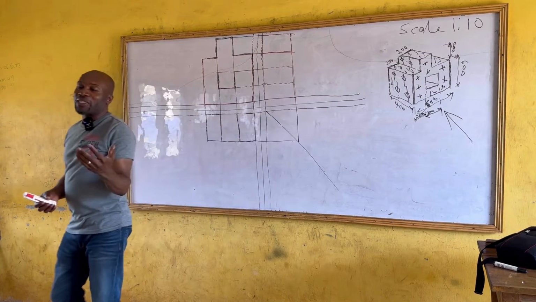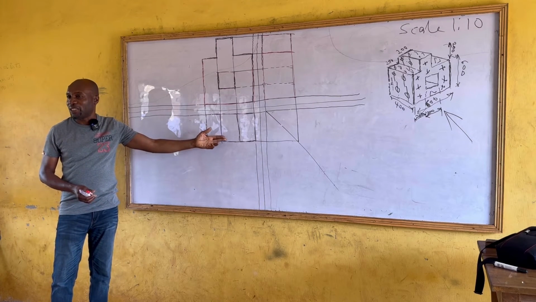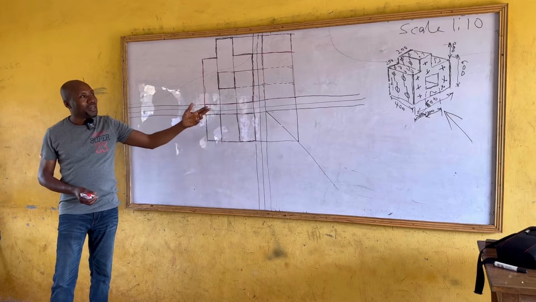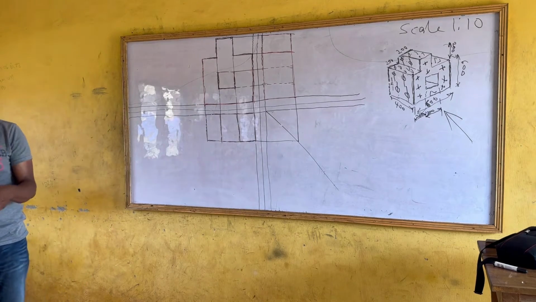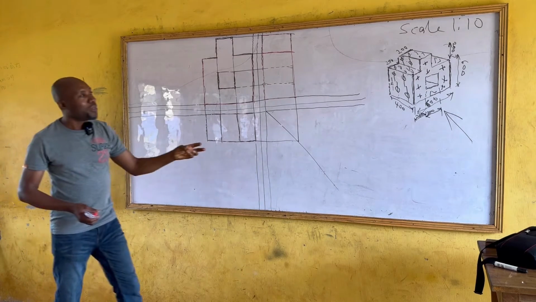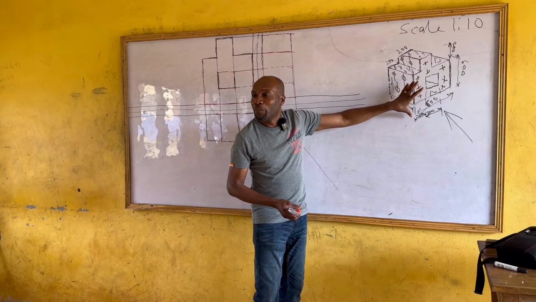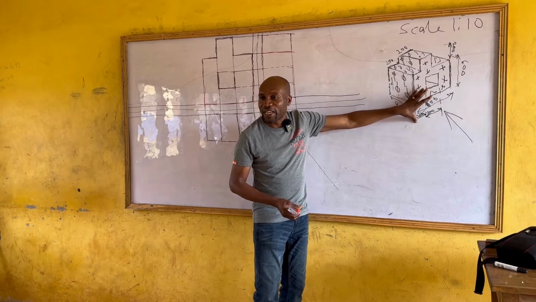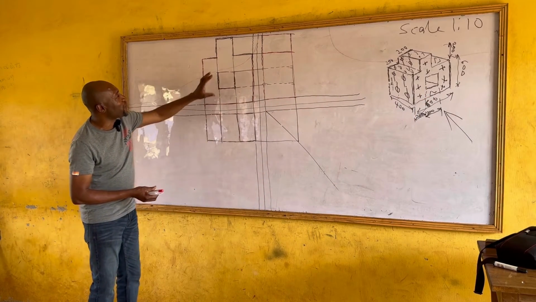So if you are on site and you get this sheet, whether it's a civil and joinery department or building department, then you know they are asking you to mold this or form or build this figure. So when you look at this, you look at the plan, the front view and the